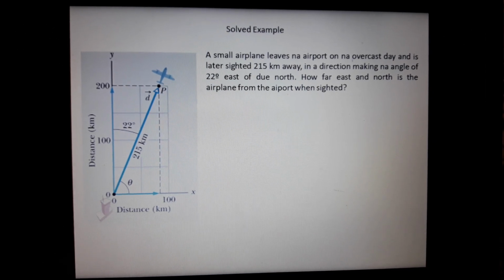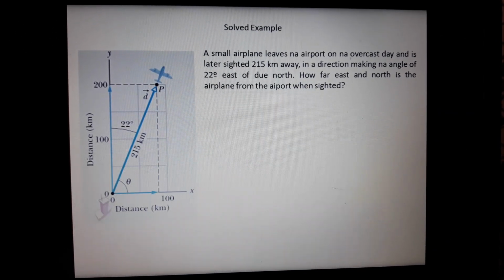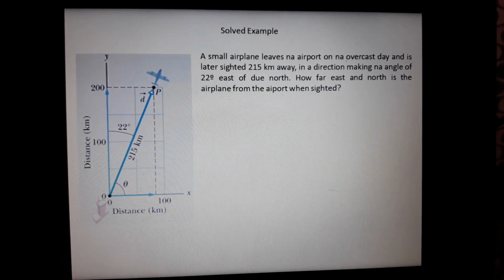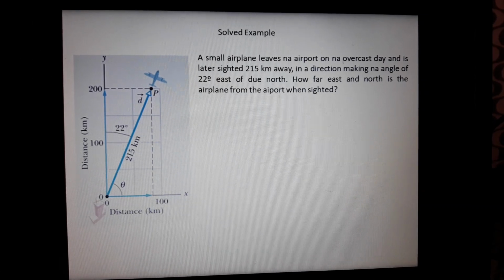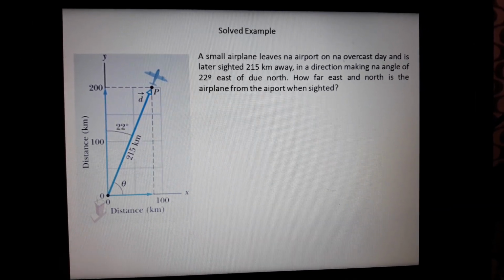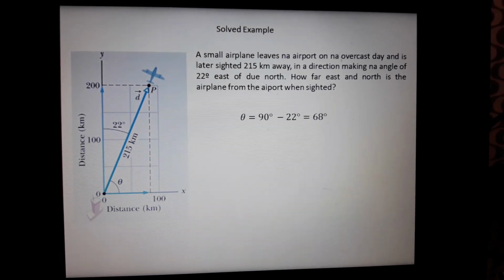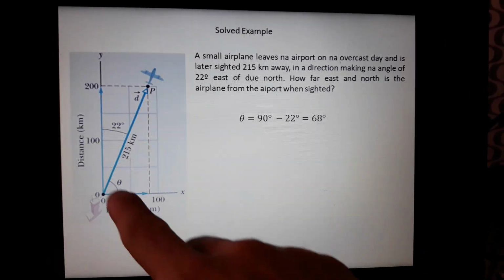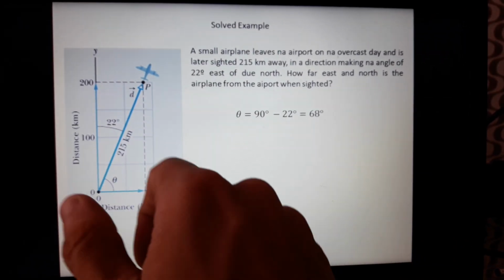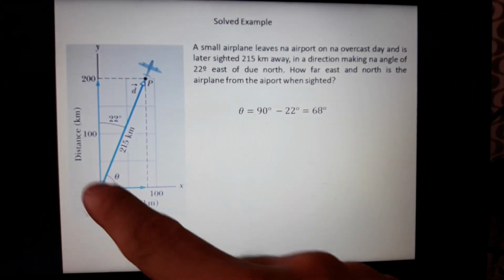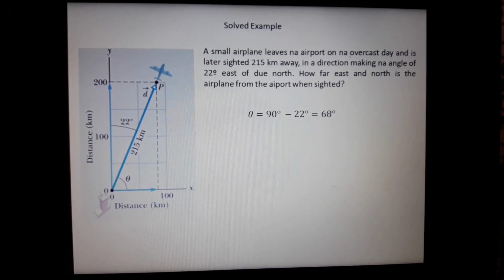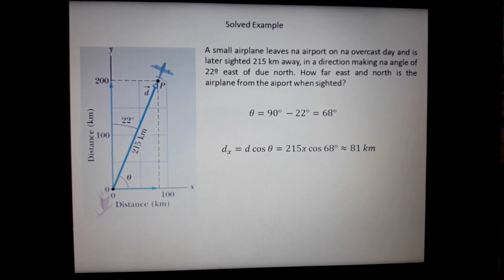We have here a small airplane that leaves an airport. We have here the distance, and how far east and north the airplane is from the airport when sighted. We will find the 68 degrees, using the idea that this is sine and here is cosine, okay? Because we are using here 68 degrees. So we use